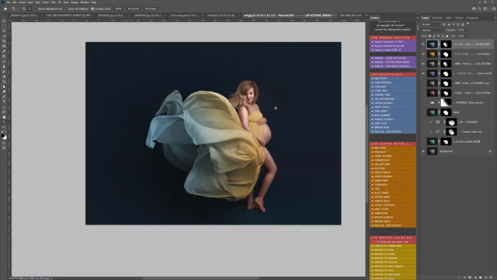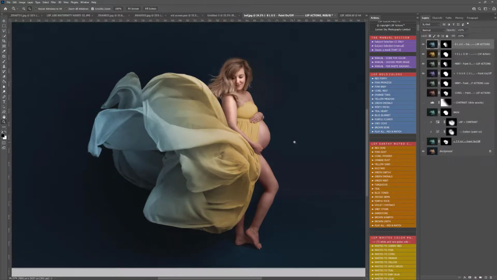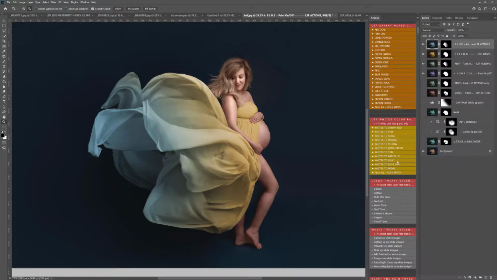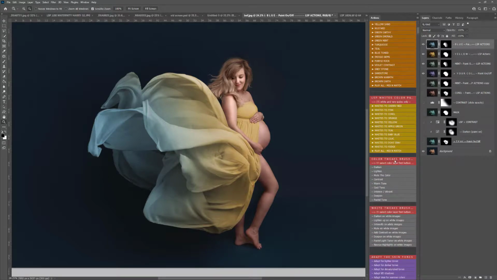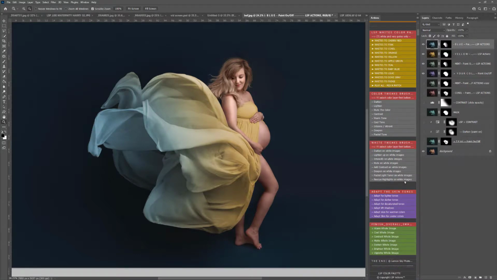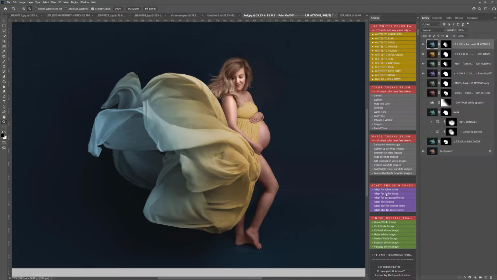And you could also use this to change the background, to change accessories, even to paint fingernails. Everything you want to do with this set is here. You can change colours manually. It has a selection for you. You can change the bold colours, earthy, muted. You can change white. If you watch video number 3, that shows you how to change white using this action set. You have the colour tweak brushes, the white tweak brushes,